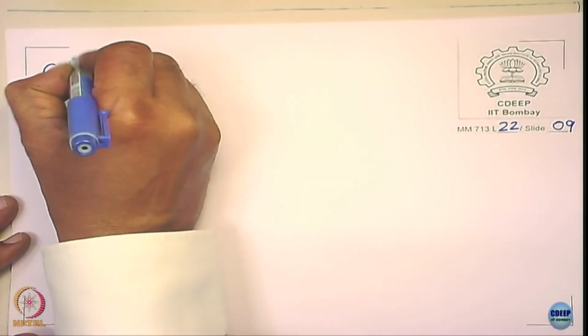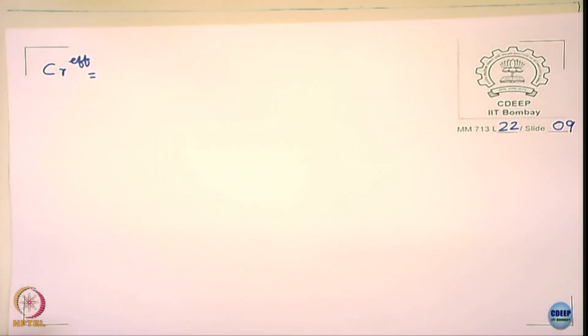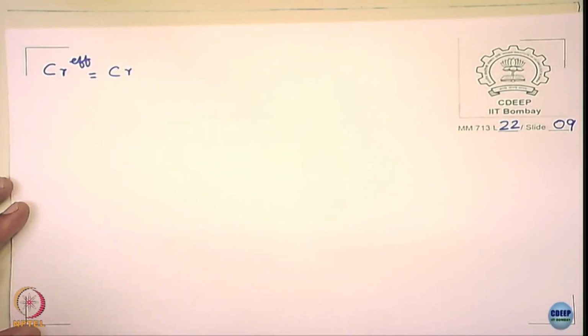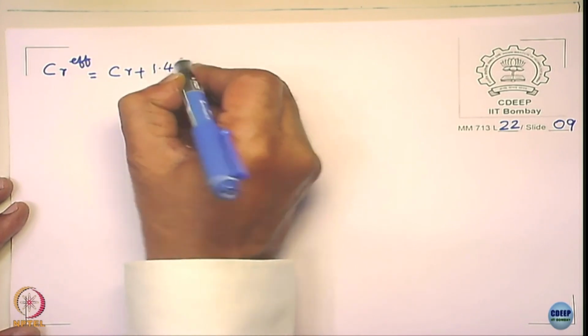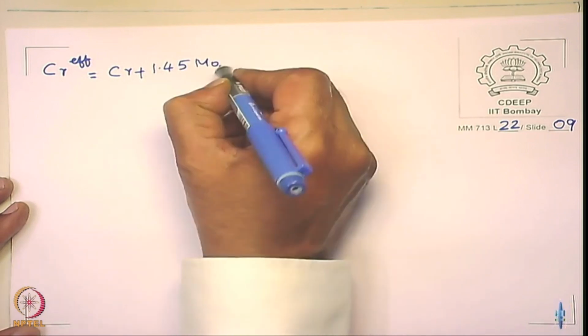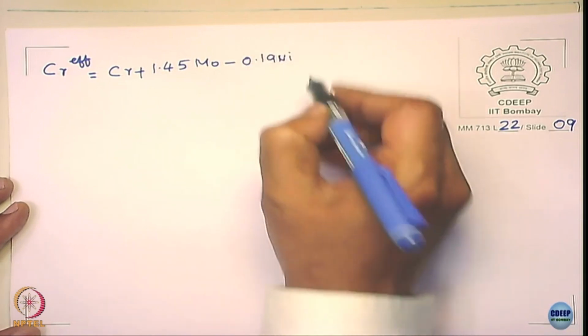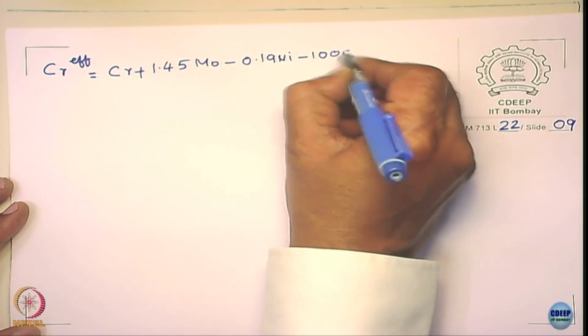The carbon activity is given in terms of what is called the effective chromium content. Please notice, when you add more chromium content, the activity of carbon comes down. So, they use a term called chromium effective, which is given as chromium plus 1.45 moly minus 0.19 nickel minus 100 carbon,